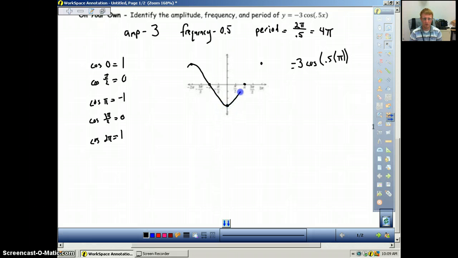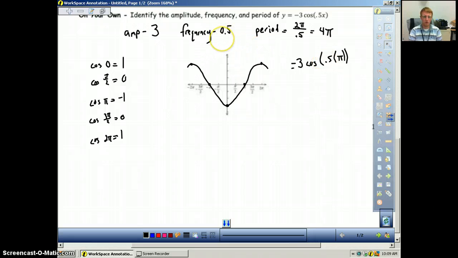It should still be a cyclical function that keeps going up and down, up and down, up and down. So make sure that it still looks like that. Don't let this stuff confuse you too much. You can always use a calculator to check your work, but the big thing here is making sure that the